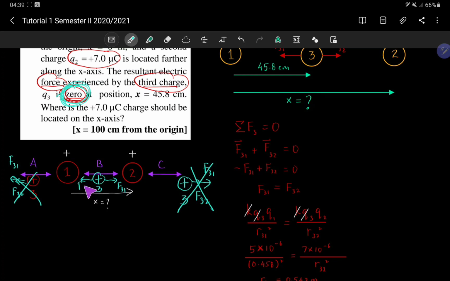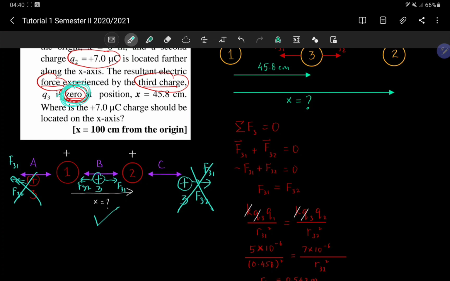That one is F32. So F31 is directed to the right and F32 is directed to the left. They may cancel each other, isn't it? So the best position is just in between 1 and 2. So this is the way we select the best position for the third charge, where the resultant